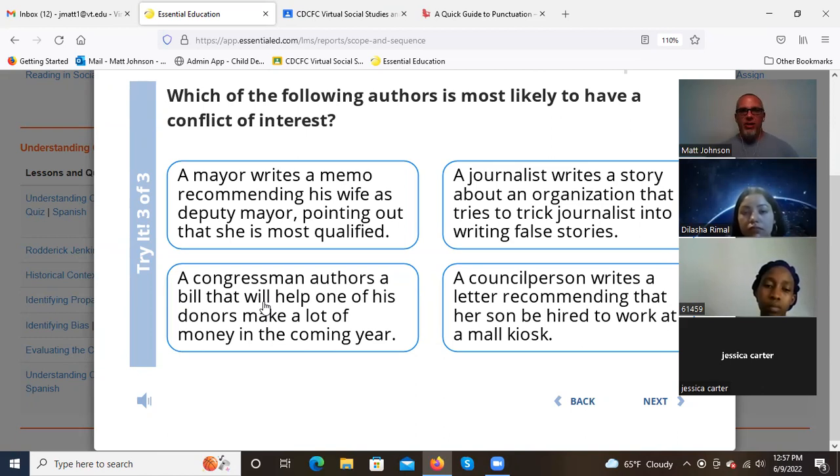So that leaves this congressman. So there, what we see is that this is a direct conflict of interest because he is authoring legislation that's going to help a donor. And we'd like to say that doesn't happen, but in fact, we know it probably happens a lot more than it ever should. And again, sometimes that's going to be difficult to